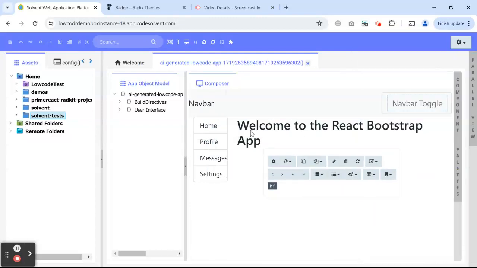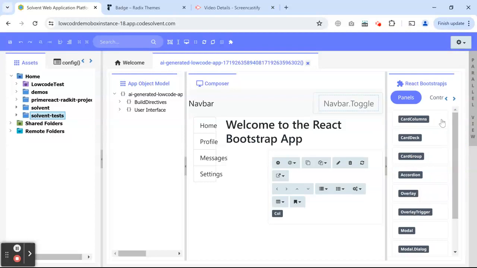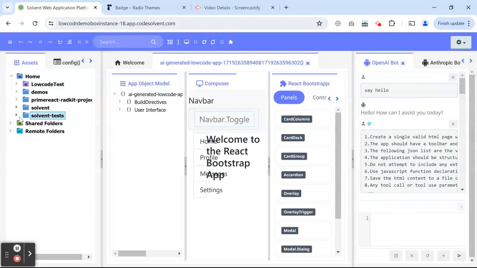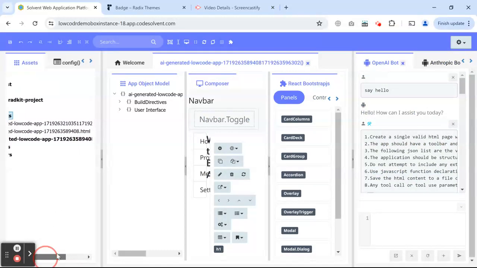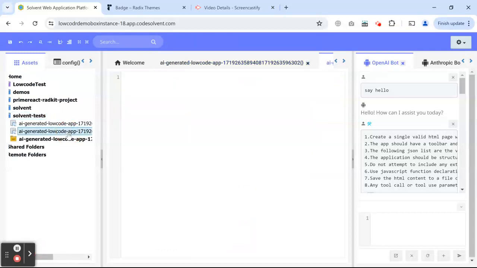I don't know how impressive this is, but that is our app to start. Let's do another one. And here's a file that it created. I think it might be this one. Okay, so this is the actual stuff that came out of the API,